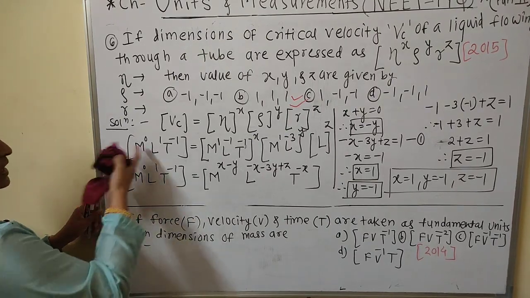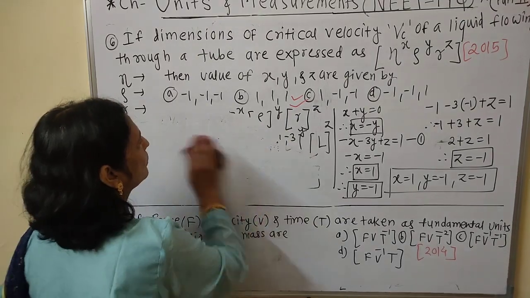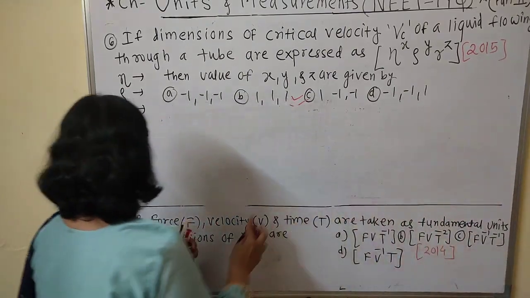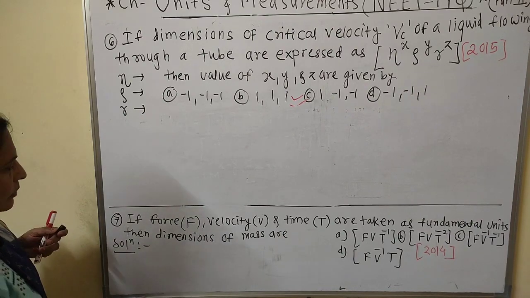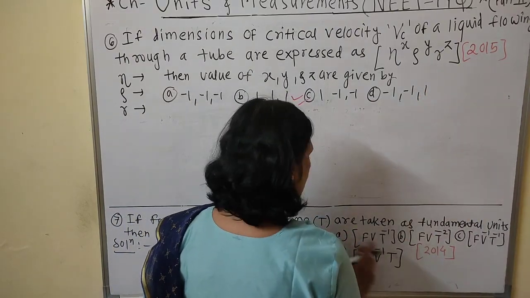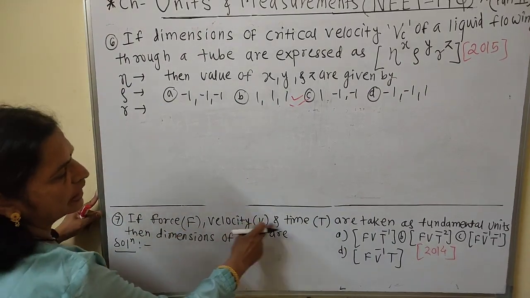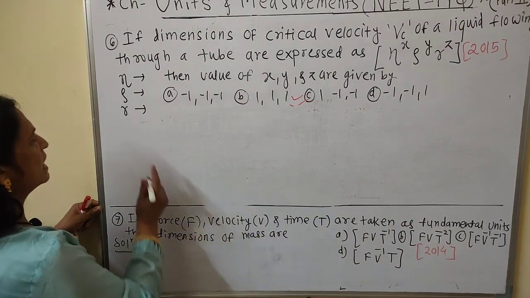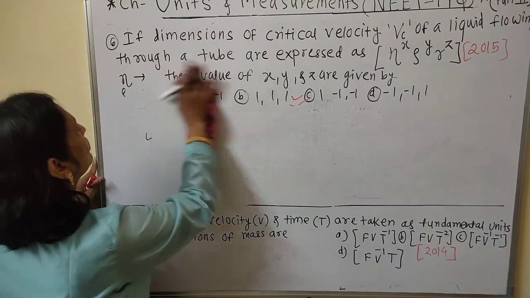Now we will solve this one here. If force F, now this was asked in 2015, and this was asked in 2014. If force F, velocity V and time T are taken as fundamental units, then dimension of mass is. Now here mass is, then mass is equal to